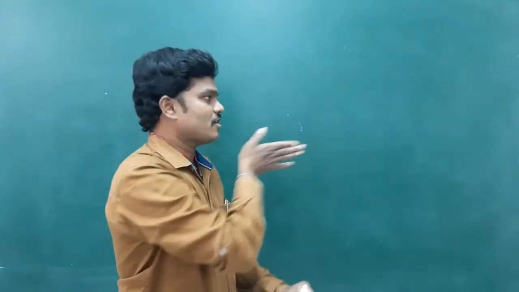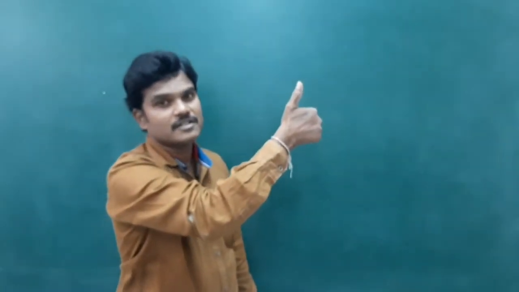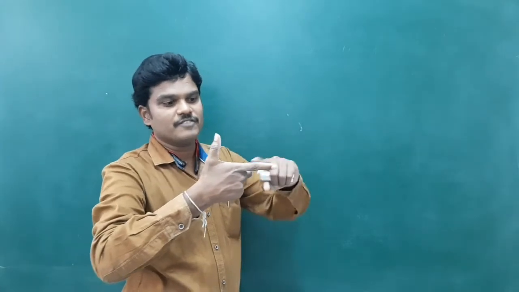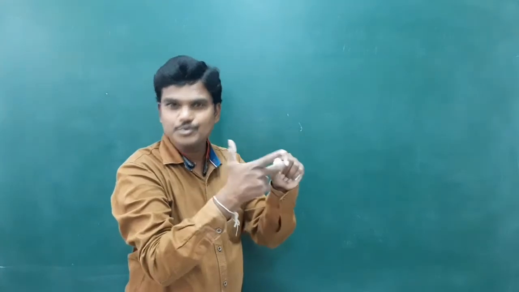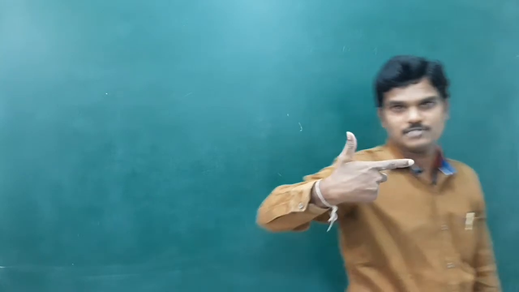The direction of induced current. So you can use the V cross B rule, otherwise Fleming's right hand rule, to identify the direction of induced current. If the rod moves to the right, V cross B is the direction of induced current. Otherwise use Fleming's right hand rule: if the right hand is stretched like this, the forefinger indicates magnetic field, the middle finger indicates direction of induced current, and the thumb is the motion of the conductor, in whichever side it is moving.